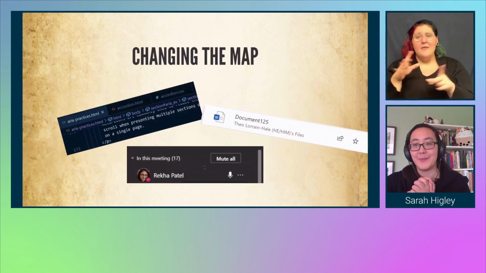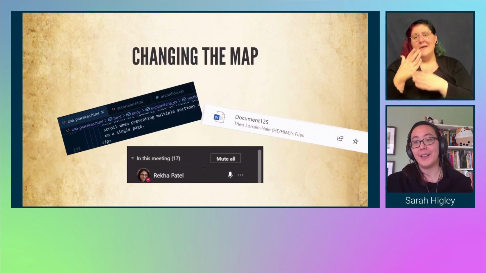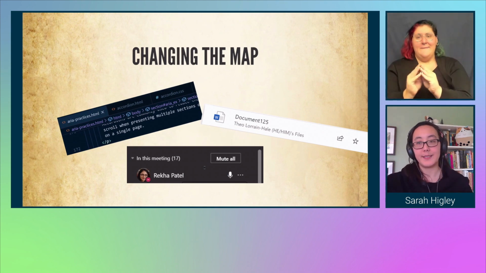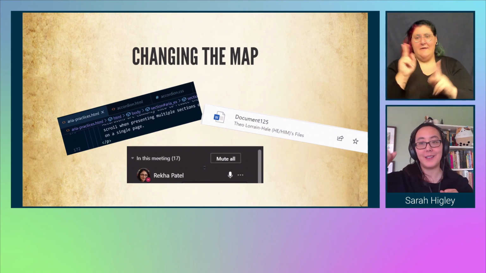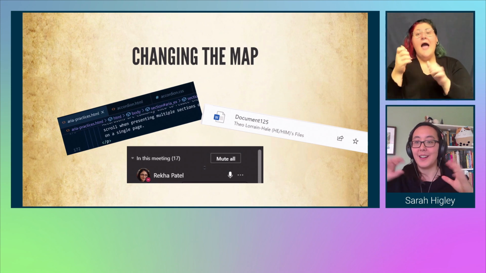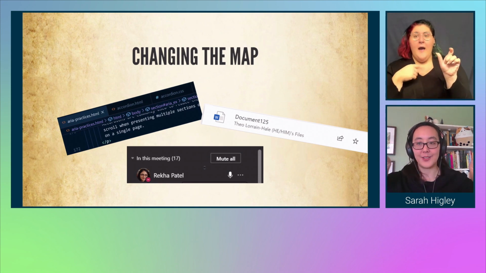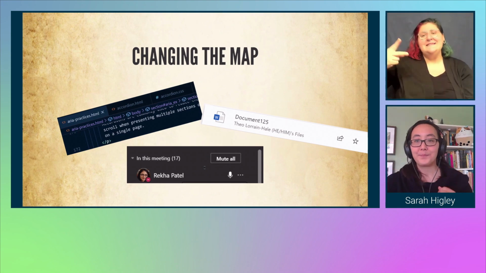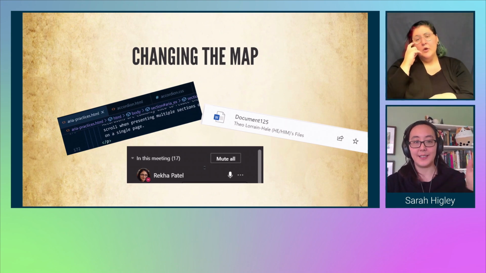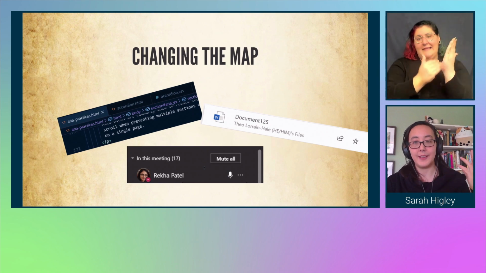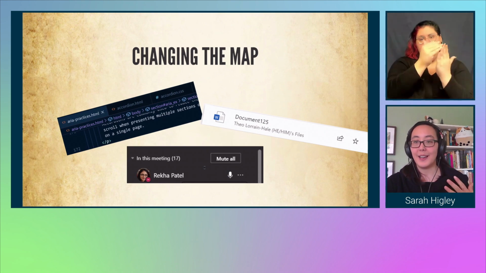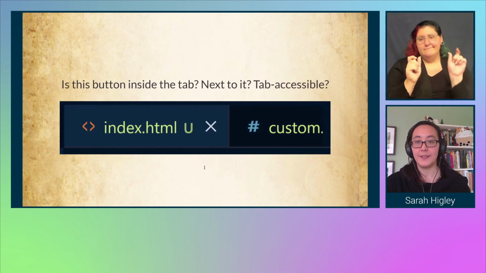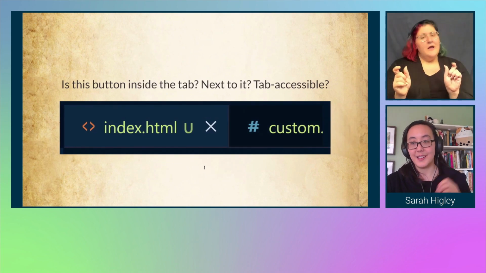I had some images on my last slide. There are, for example, in a meeting chat or in a meeting, you have a list of participants. Each participant might have a mute button, a more actions button. Those are secondary actions that also exist on the participant itself. Things like a list of documents might have edit, delete buttons on them. Things like that in ARIA don't have a way to actually define them because they aren't, by the spec,